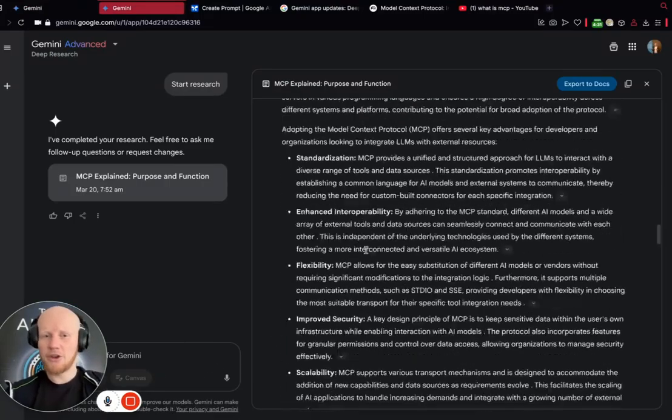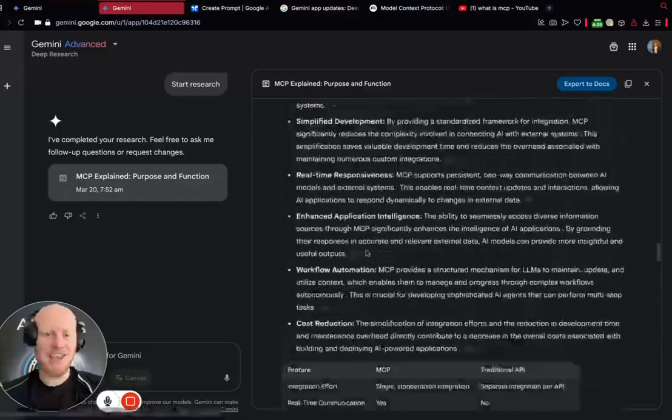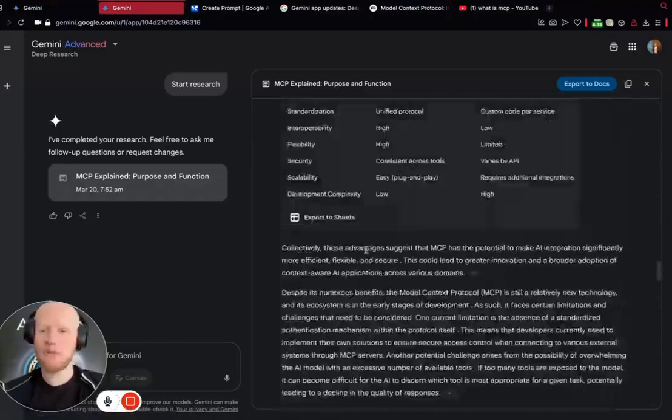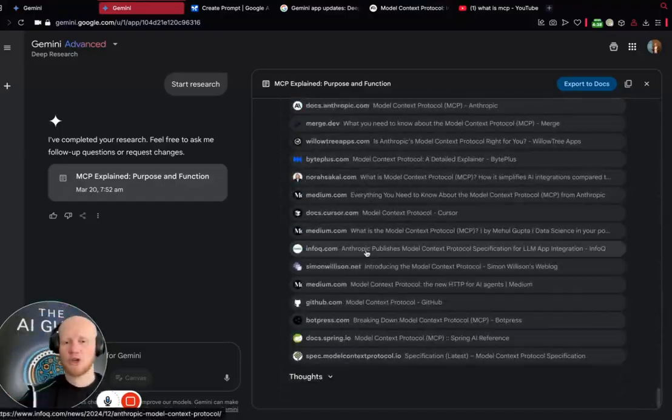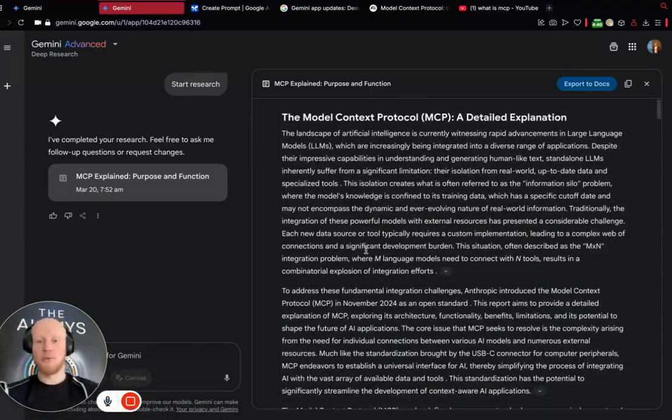Right, so we're back, and you can see that the deep research is here. It's done that deep research. It's got quite a lot of information. But you know what I find with all these deep research tools is that it is a lot of information. And for me, there's so much information. I make things shorter every single time. Every single article that I get, to be honest, I chuck it through an AI. I get the cliff notes, and then I decide if I'm going to read it.